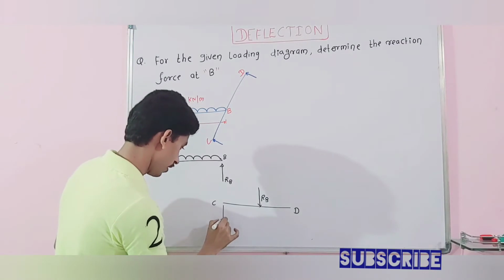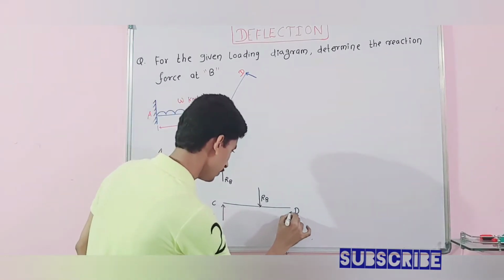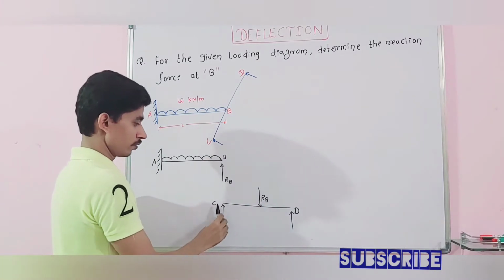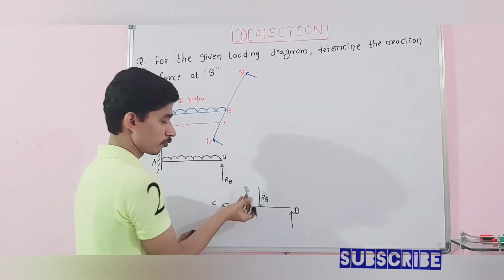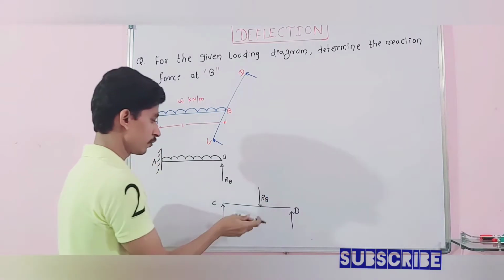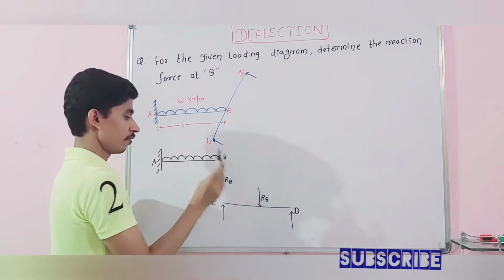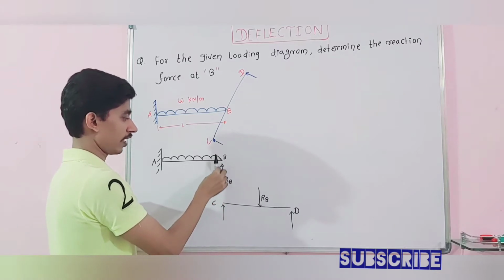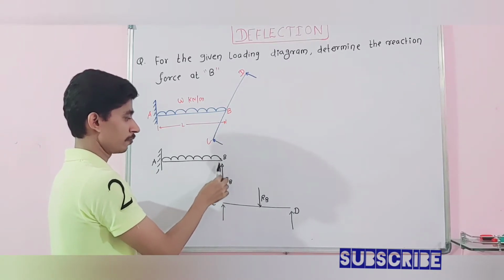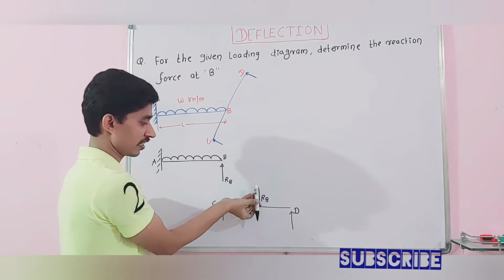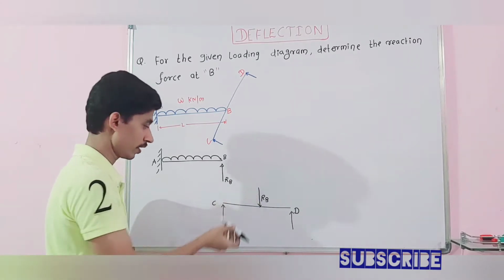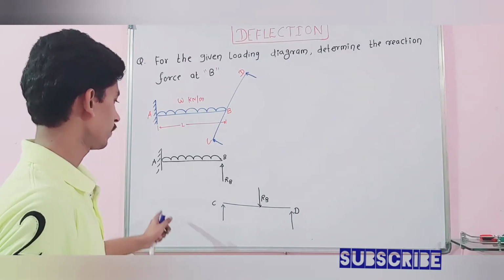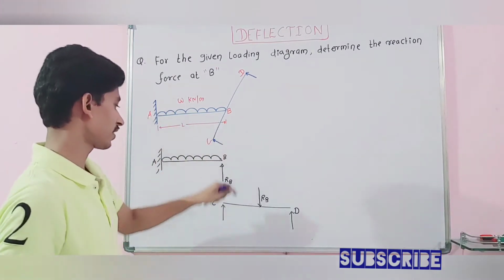So here the reaction forces are given. Why is it downward? Because these are upward, so we have to balance these two forces. So this will be acting downwards. And another important point: since RB is acting upward at point B, definitely on section CD it will be acting downward. Okay, after getting this, we have to find out the reaction force at B.